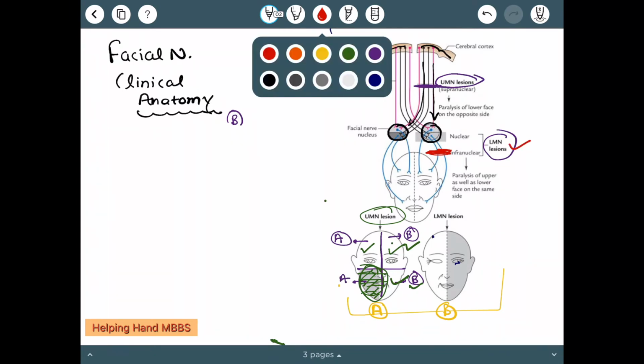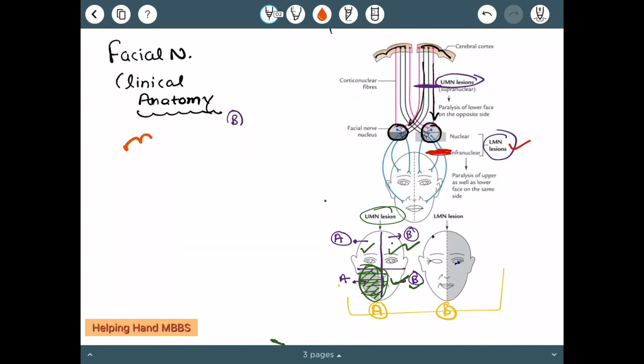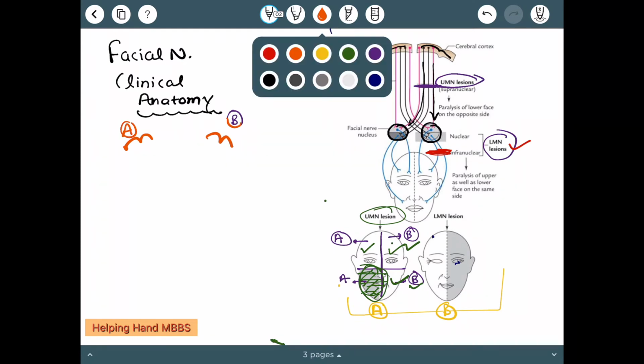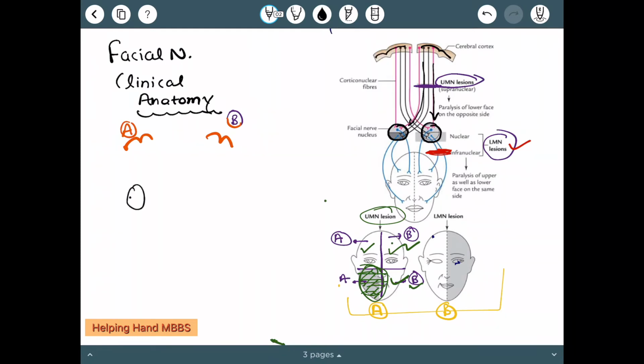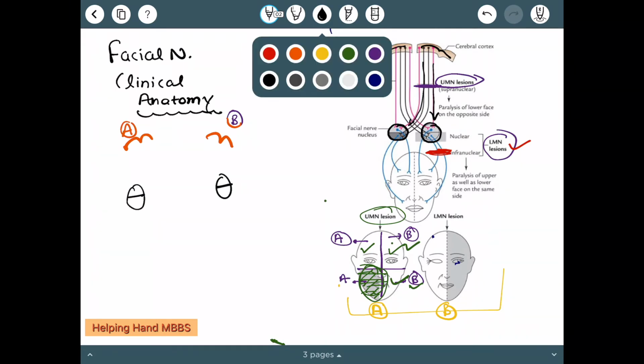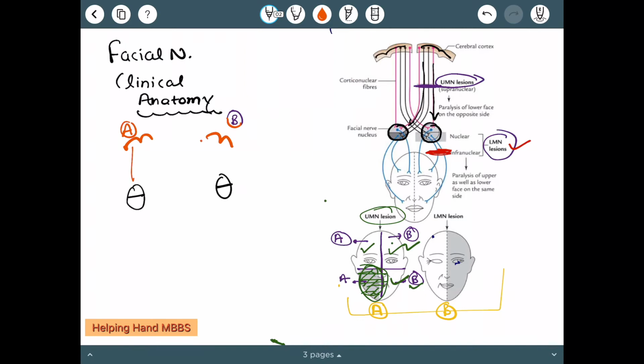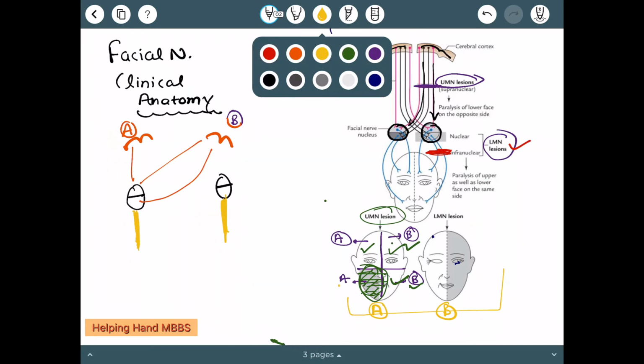So as I have told you, this is the cortex A and the cortex B as written here, and this is our nucleus, and the fiber connection, you know by now, is this and the opposite also this, like this. So this is what I have already made you understand. So let us come to the lower motor neurons. So see guys, if there is a lesion at this level,